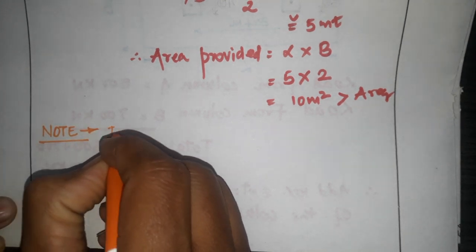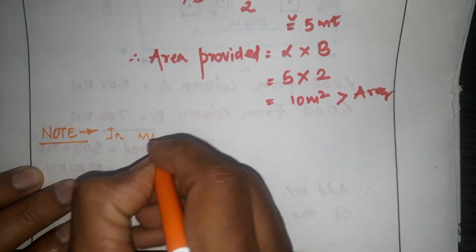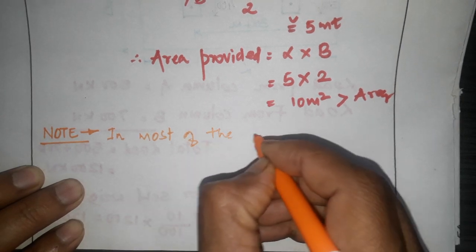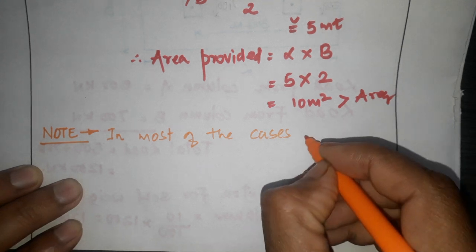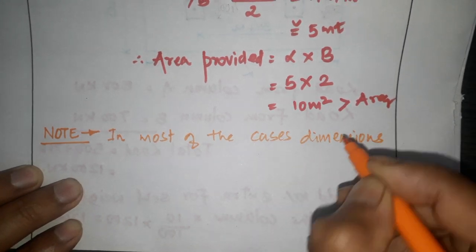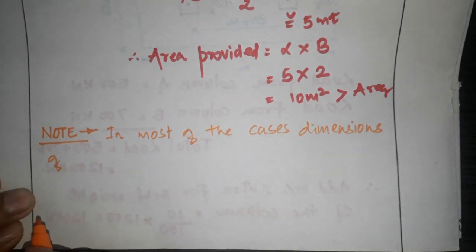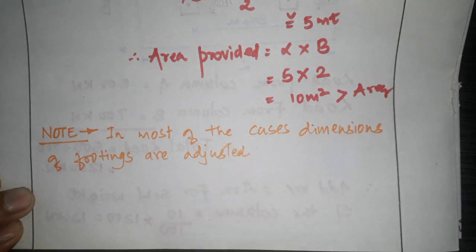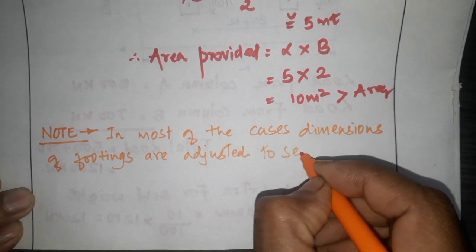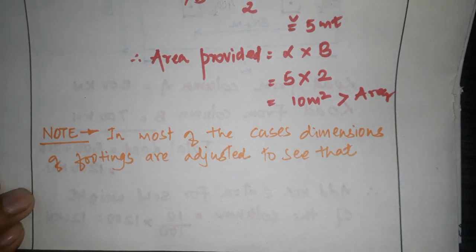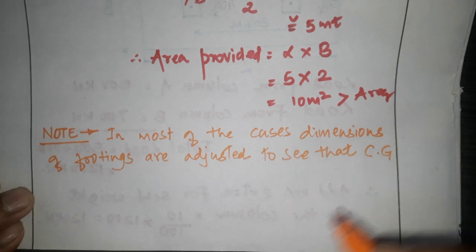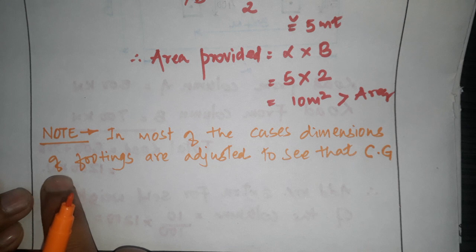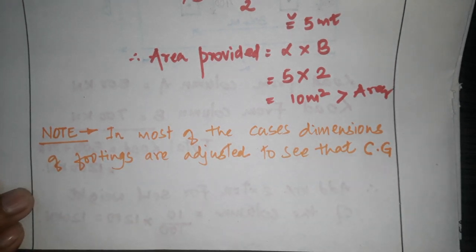In most of the cases, dimensions of footings are adjusted to see that CG, this word is very important, CG of loads